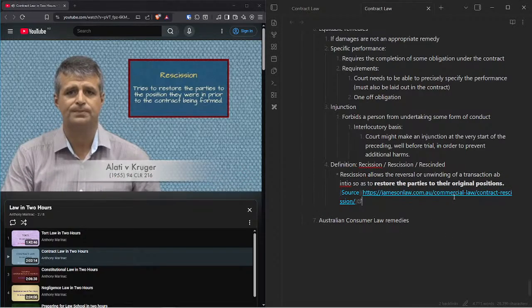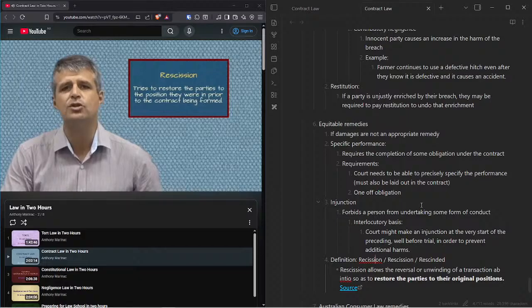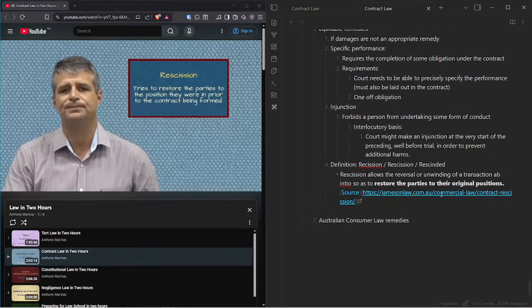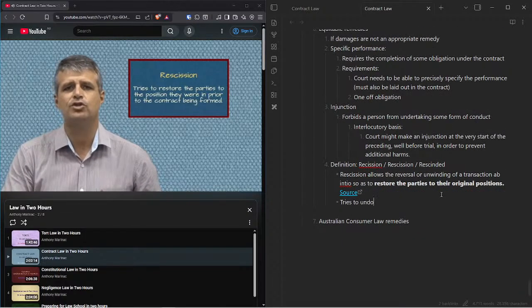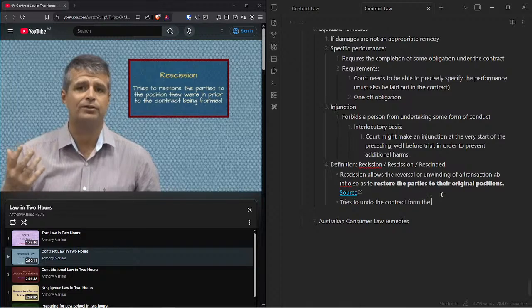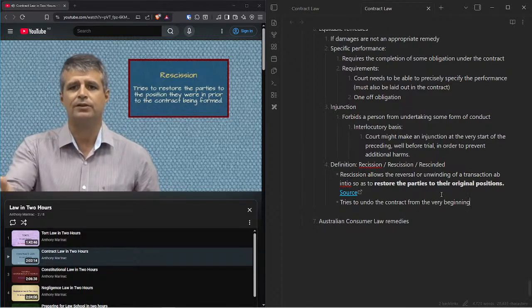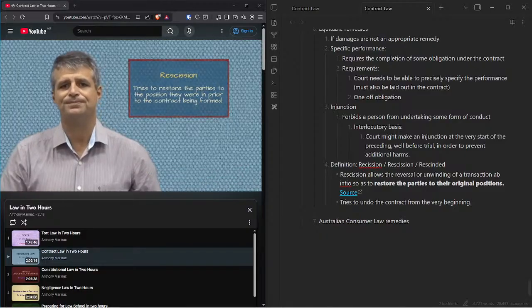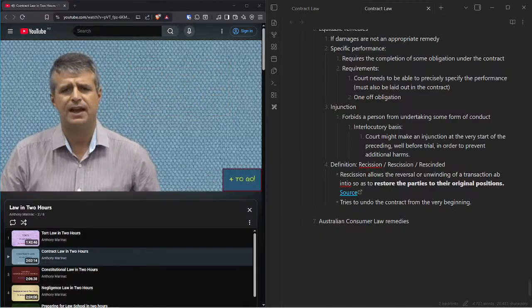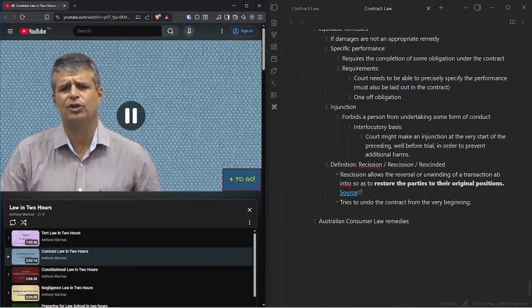To the contract. So it tries to undo the contract from the very beginning. So imagine a contract for the sale of a defective product. Well, rescission would occur if the court ordered me to give back the product and the store to give back my money. In many cases, of course, rescission is not...